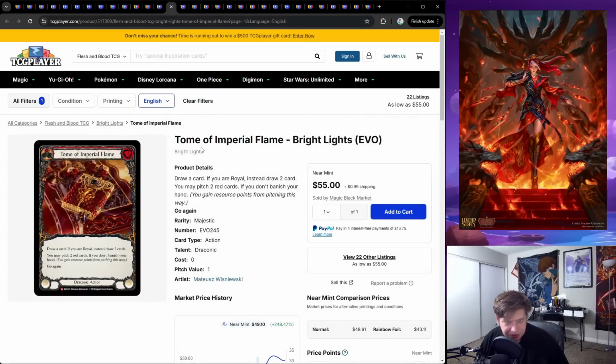Tome of the Imperial Flame. This one isn't getting as much hype as I would expect it to, and maybe that's just because these decks aren't going to be totally redline, which is very possible. But one of the big drawbacks, one of the big stipulations of Tome, is that you must be royal to play it, and these new heroes coming out are innately royal. So it's pretty safe to assume that Tome of the Imperial Flame will make its way into the deck,